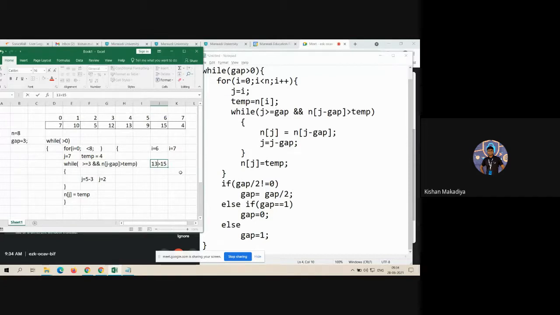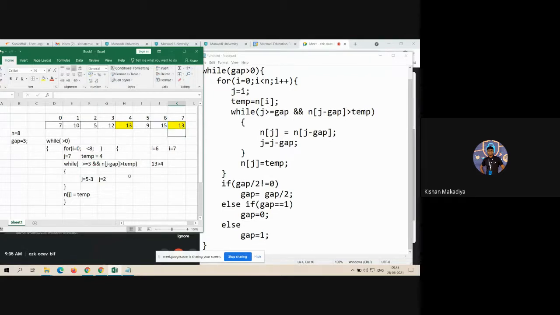That's 13. 13 greater than 4? Yes. See, now we are just comparing these two elements, 13 and 4. So 13 greater than 4, yes, condition true. Then n of j, n of 7 is equal to, you are writing here, 13.